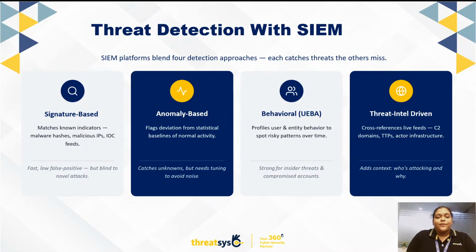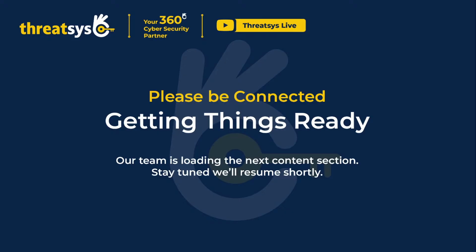Then the second approach is anomaly based detection. Instead of looking for known malicious indicators, it looks for activity that deviates from a baseline of normal behavior. For example, an account that normally accesses a limited